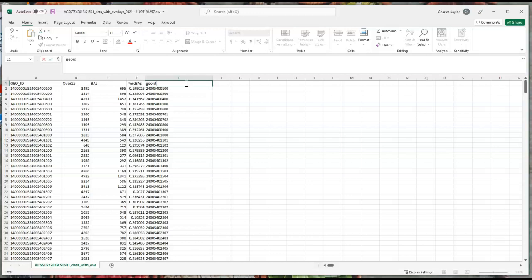One thing I'm going to have to do in ARC, and I'll show it to you in a separate video, is take this file, and this column will inevitably be read into ARC as a numeric field. I'll have to either insert a new column in this table in ARC, which means exporting it as a DBase table first, because you can't add a column to a CSV file in ARC, just can't do it. It means exporting it as a DBase table by right-clicking on it in the table of contents and saying data export,